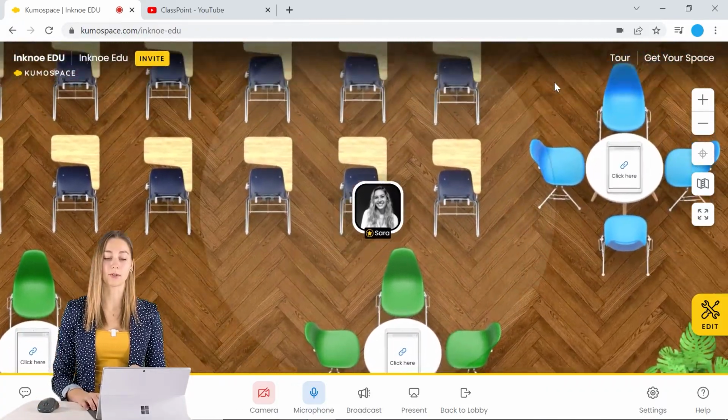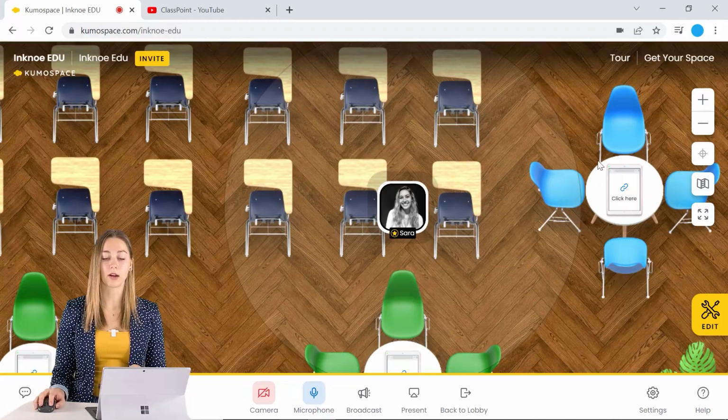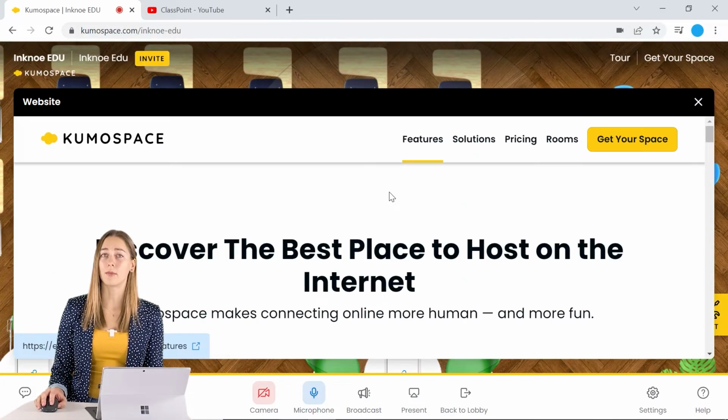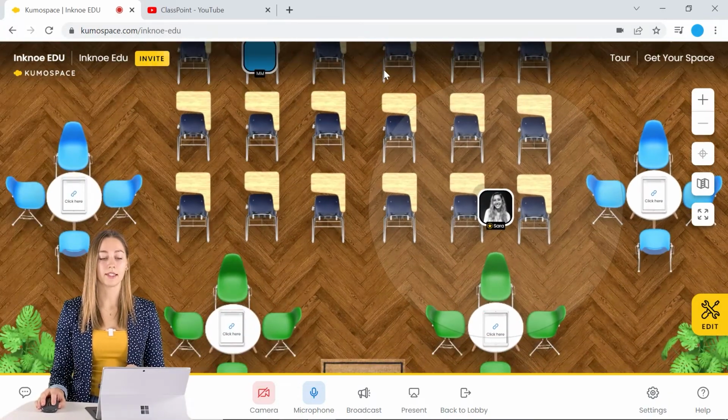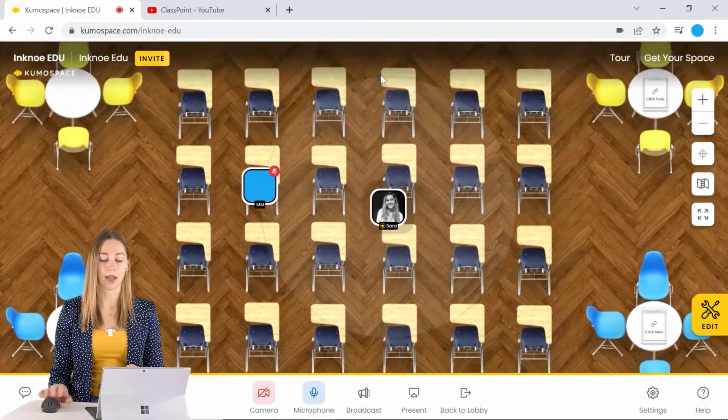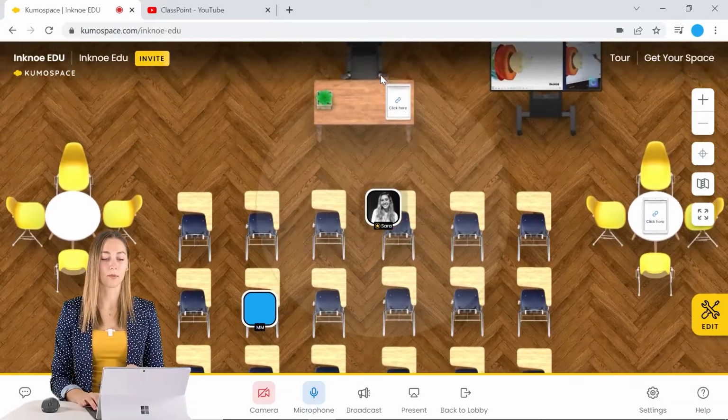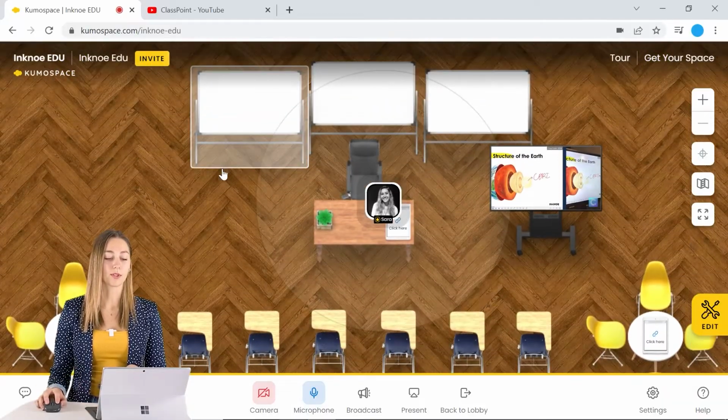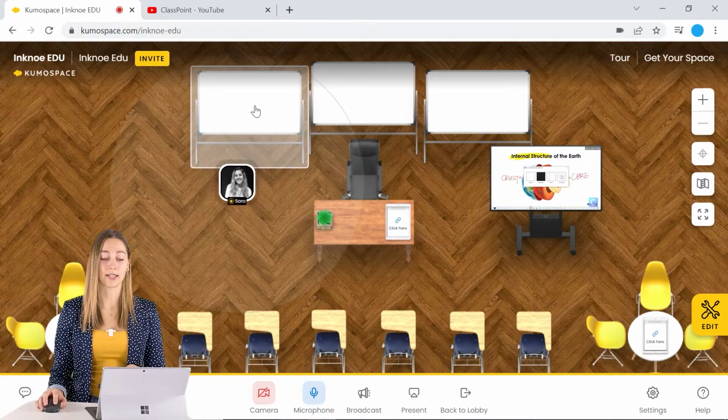to move around. And then once we're all moved around, you can explore the room and see that there are lots of different editable interactive options. So there are websites here, in addition to some whiteboards up at the front of the room. If we move up there pretty quick, you'll see that there are some whiteboards here.